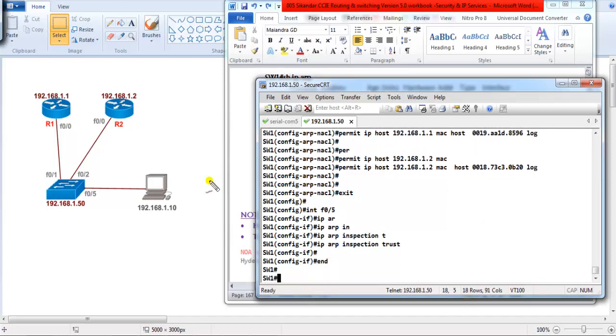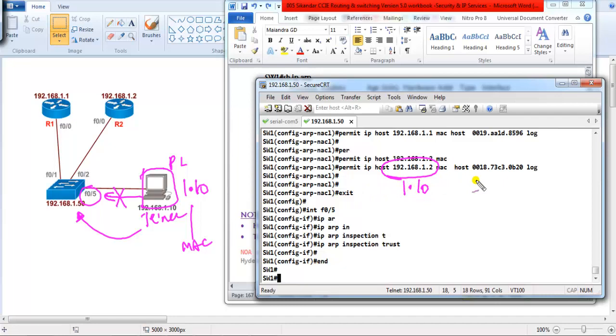Now there are two options to overcome this. As I'm using a telnet connection from this PC to this switch, if I don't add the entry of this particular PC IP address, that is 1.10 with the MAC address, in that case, it's going to simply drop the telnet connection here. Now, to allow the telnet connection, either I can manually bind the IP address 1.10 with the MAC address, that is one option I have, or I can simply bypass the inspection by using a command called